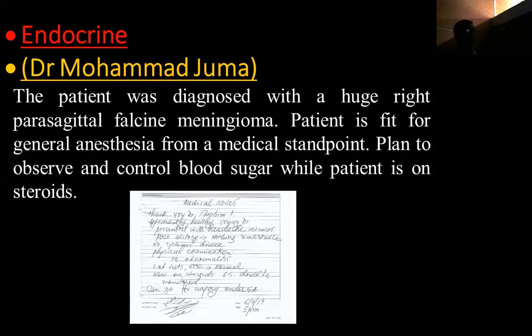Muhammad Juma again apologizes; he has some presentation to do. We asked him to come because we are going to put the patient on steroids, and we want to monitor her blood sugar. We also consult if there is a history of hyperacidity or gastritis: the endocrinologist, because we are going to use cortisone, and the GI people like Dr. Junaid, because we want to be sure that the patient does not have an active ulcer that will bleed with the high doses of steroids. And I always put what they have written so that they cannot escape.